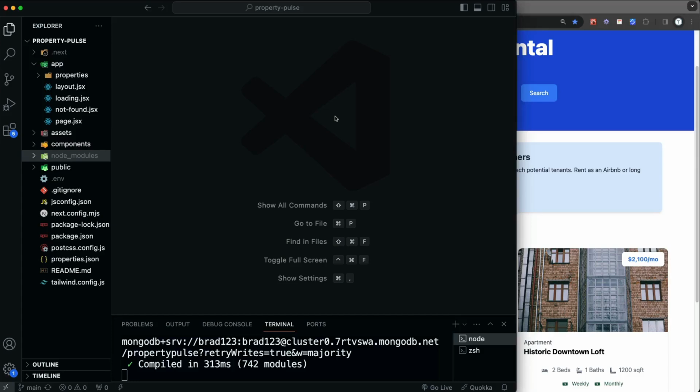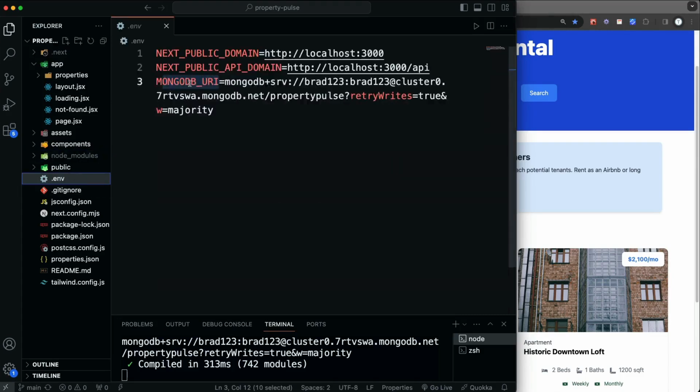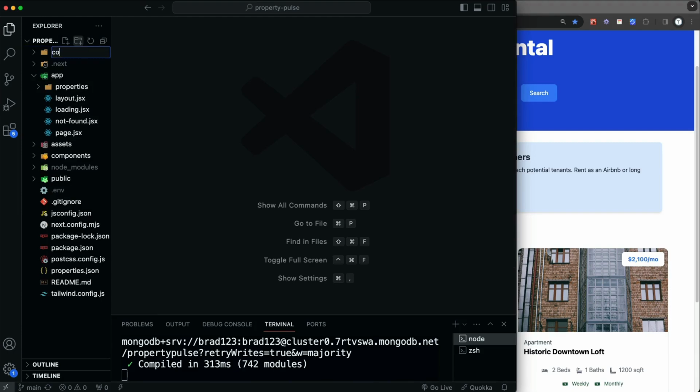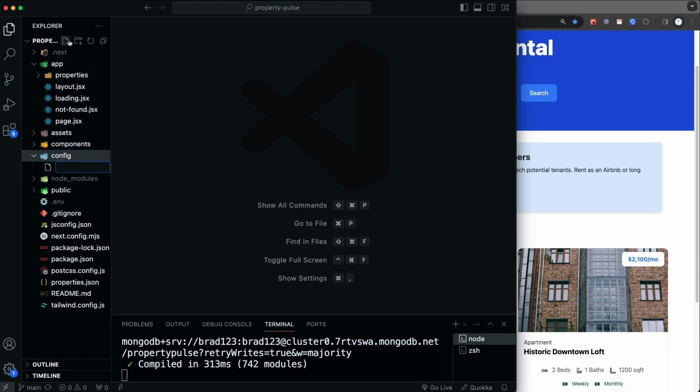Okay, so up to this point, you should have your database connected. You should have the data imported and the .env file with your MongoDB URI. So now what we're going to do is, in the root, create a folder called config, and this file here is going to be responsible for connecting to the database. We'll call this file db, we'll just call it